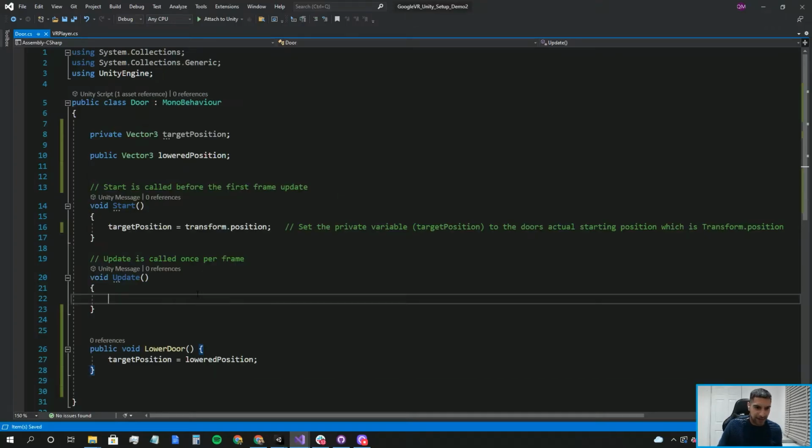But for it to animate, the update method is always going to be looking 60 times a second, so 3,600 times a minute. It's going to keep incrementing, or looking for whatever we're writing. So we're going to say transform.position equals